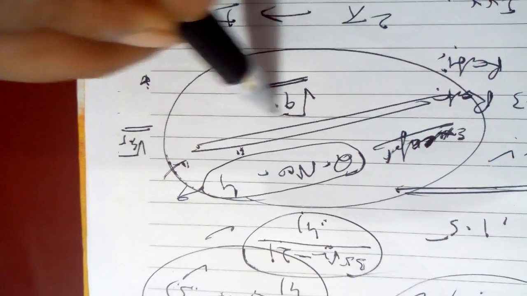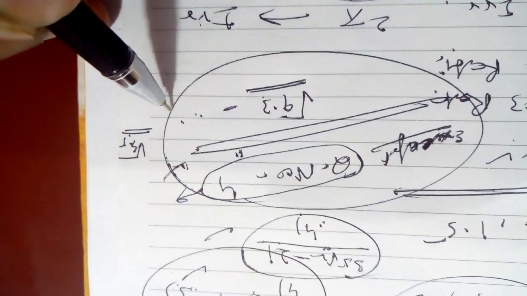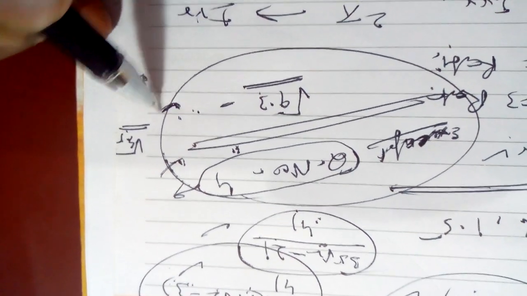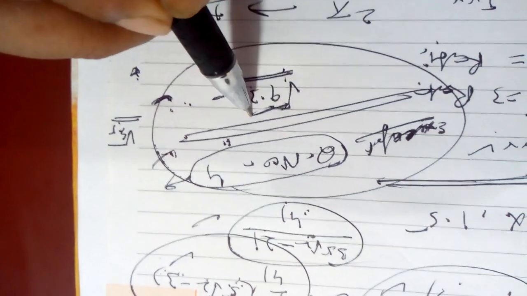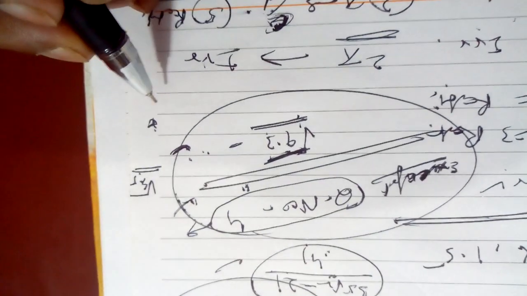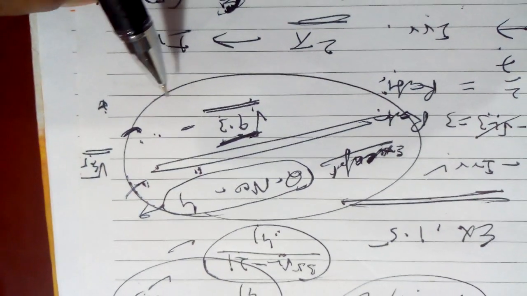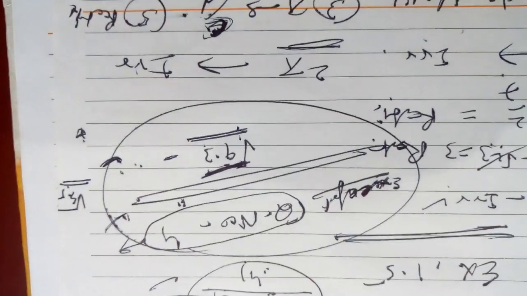Fourth question, root under root 9.3, you represent on the number line. I will tell you this in the next video: how will you locate a square root with decimal on the number line? Without decimal I have told you how to locate, but with decimal, the fourth question, you will see in the next video. But question number 5 easily you can do.